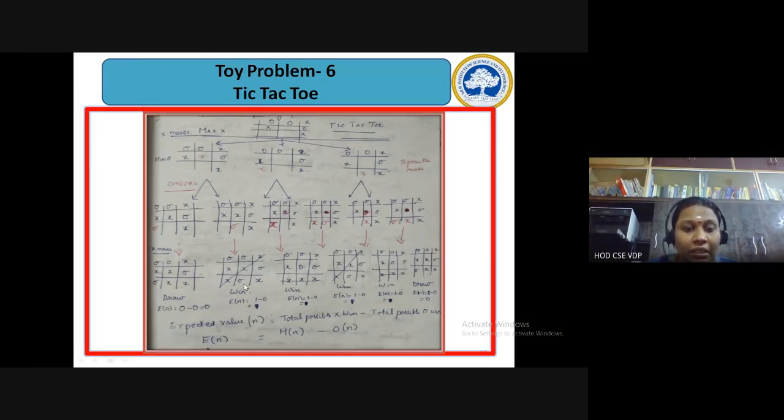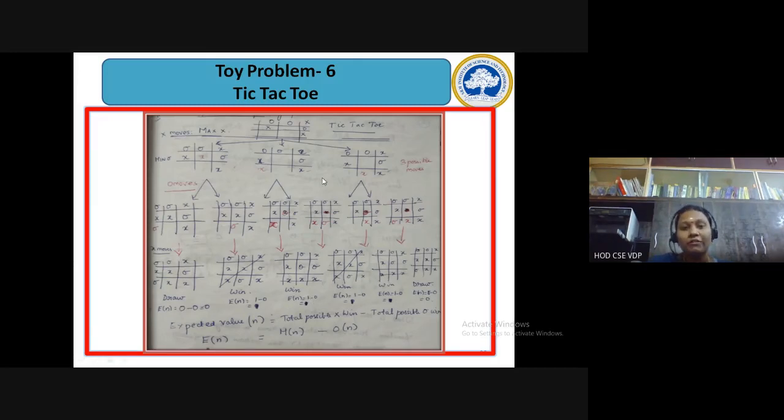Similarly here, if you see, x has actually won the game. So that means 1 for x and 0 for O. Similarly here, whose turn is it? Yeah, x wins only. So 1 minus 0. Here also x wins. Here you don't have a win, so that is going to be 0 minus 0, which is totally 0. So whatever values you get with the value of 1, those will be your possible goal states.